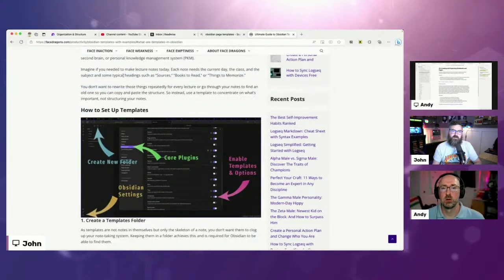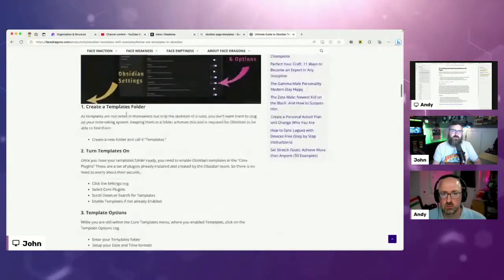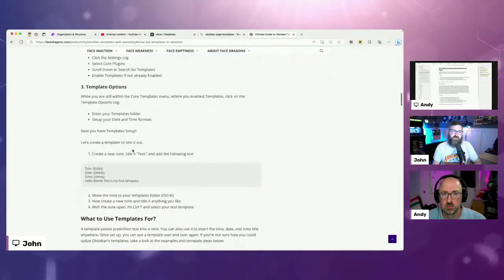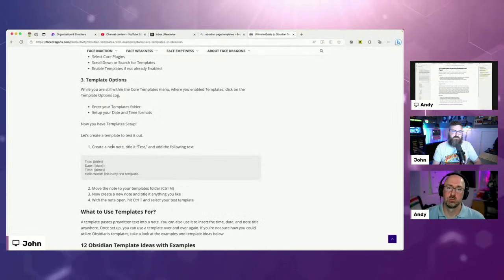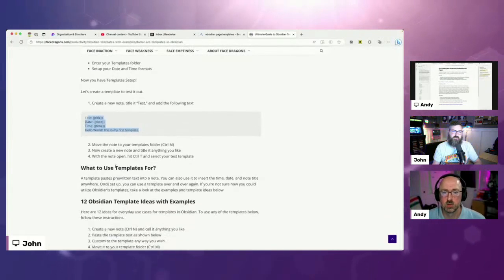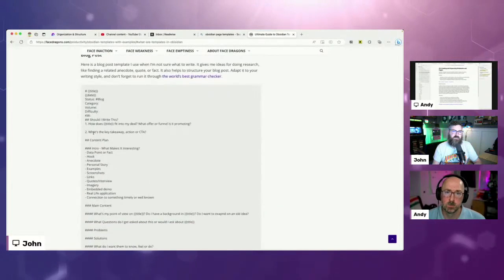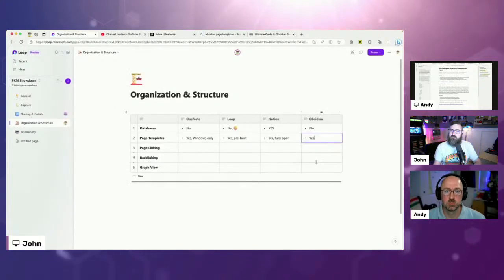Oh, it says you can have standardized headings and stuff like that. So you're creating a folder, you're turning on the templates feature, and then as you create a new note, it gives you those things pre-punched in. So I'm going to say yes, you can do that, because like, I'm going to write a blog post, I have a template for blog posts, and it gives me what I should fill out. So I think I'm going to count that as a yes.